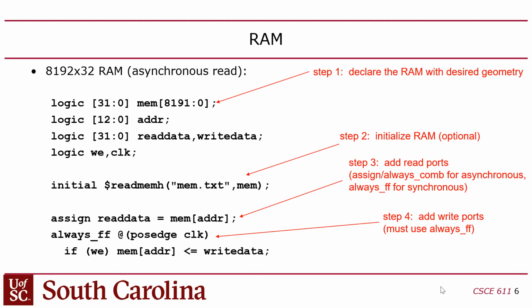Well, it is actually reading and writing potentially. Well, it's always reading. Whatever the address is, it's going to spit out the data at that address. So you don't have an option whether you want to read or not. The writing is controlled by this write enable control signal. And the writing is synchronous. The writing requires a clock. The reading, however, doesn't. The reading is asynchronous. So I can read something out of this RAM without a clock. I just put the address, and then the address will percolate through the RAM, and I'll get the contents of the RAM. So I have an asynchronous read operation, and I optionally can write.